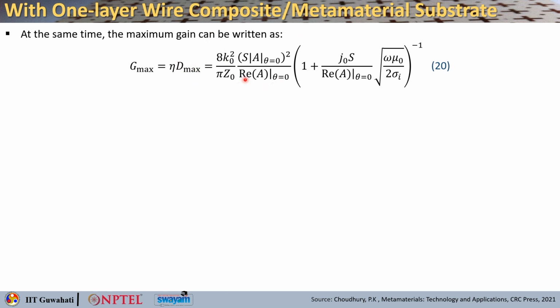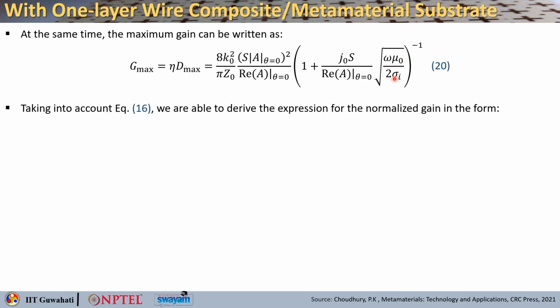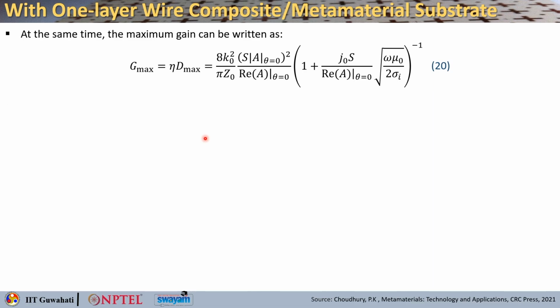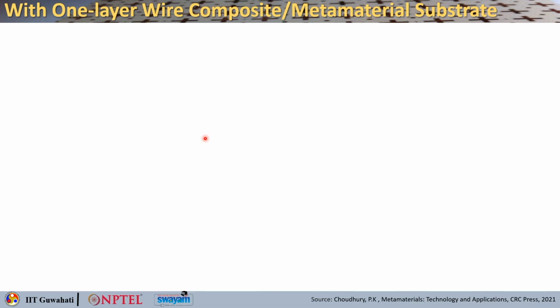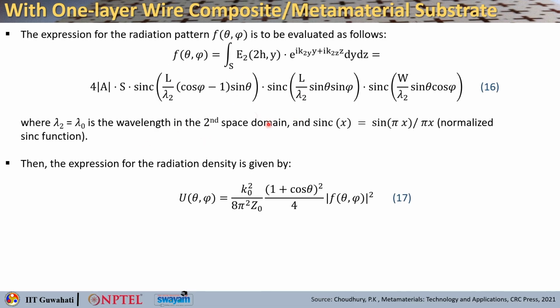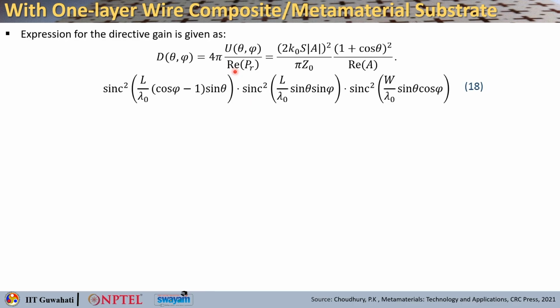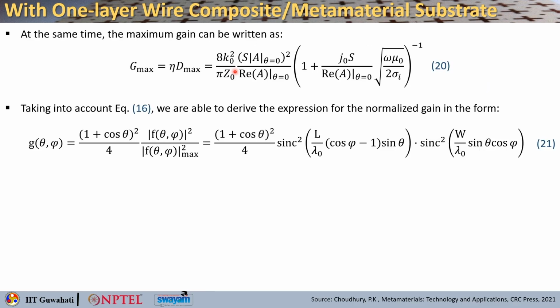So, that is basically your D max, and then you put the eta, which is 1 over 1 plus j naught S divided by real of A at theta equals 0 square root of omega mu naught divided by 2 sigma I, okay. So, if you take into account equation 16, that is this particular expression for radiation pattern, you can